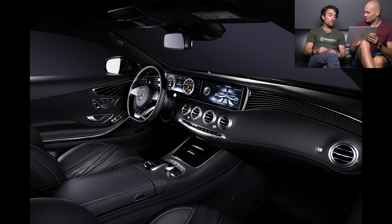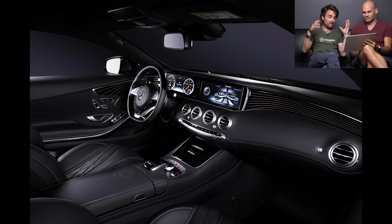3, 2, 1. Whoa! What did you give it? I gave it 3, but I was thinking 3 or 4. The lighting, the retouching, the execution, there's so much that makes this a 4-star probably as a starting point. I just feel like, and maybe I'm very naive in this genre, but this is just